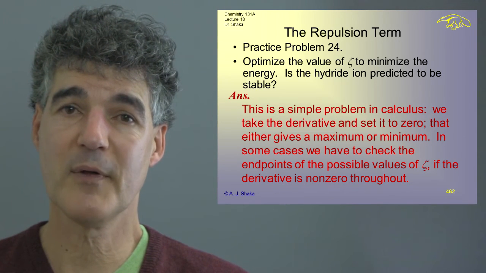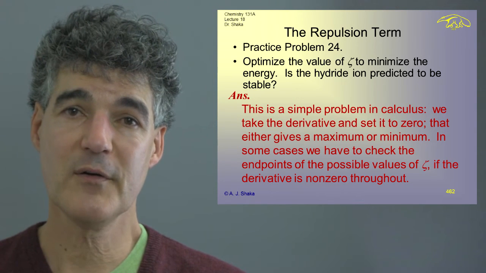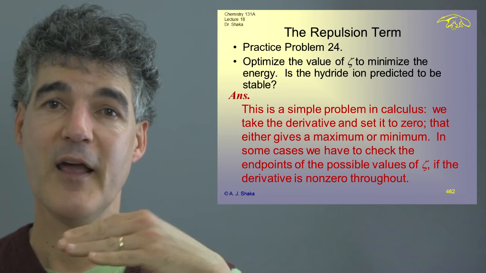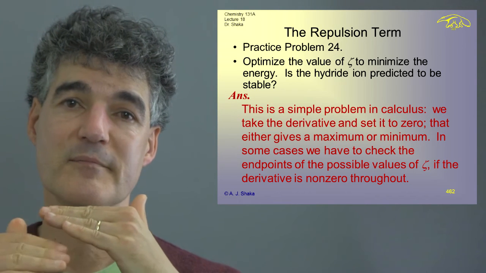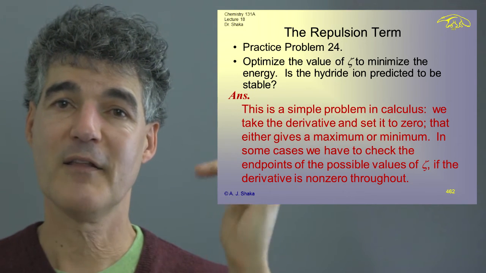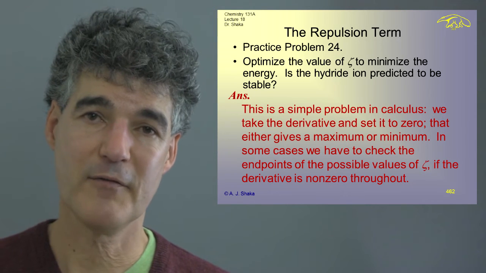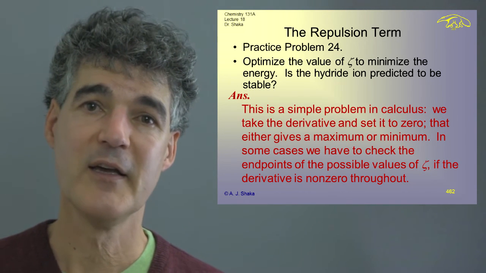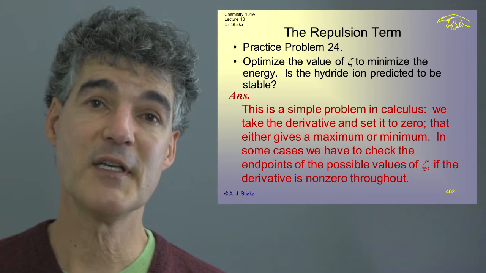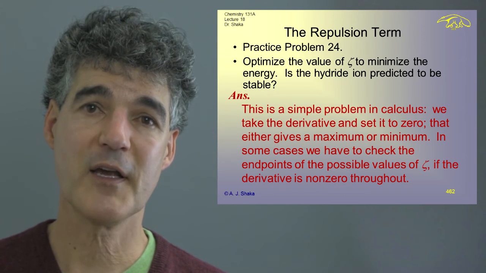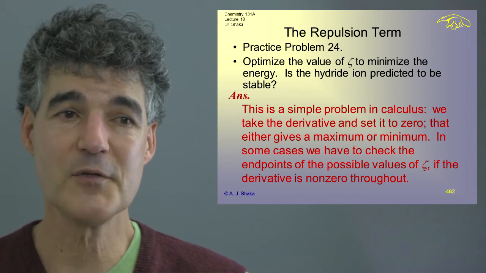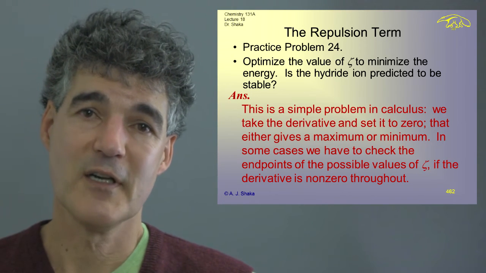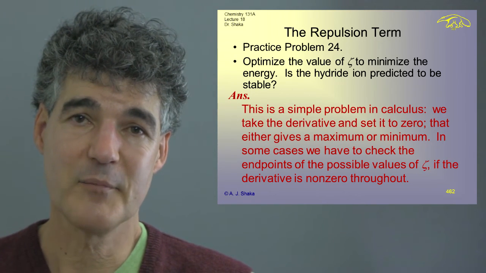It's a simple problem in calculus. What do we do? If there's a minimum, that means that's the lowest it was. The slope is 0 there. And so while saying the function has a minimum is kind of a vague statement in a way, saying that the derivative is equal to 0 is something you can actually work with. It's an actual equation that gives you a solution. And so that's, of course, what you translate it to mean.